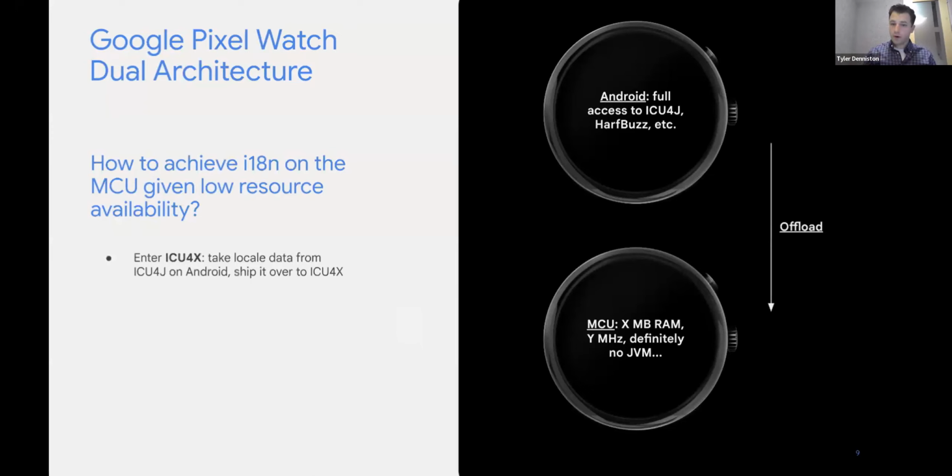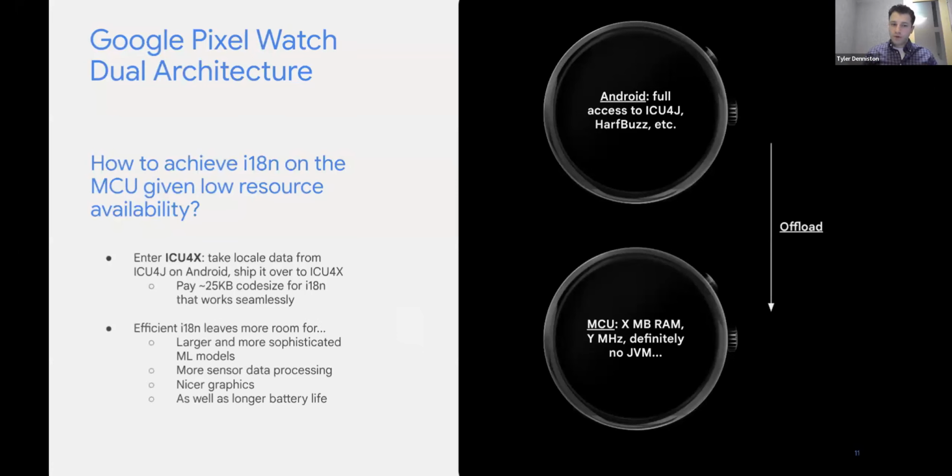And we ship it over a bus to the MCU, where we have ICU4X running. And just for a little bit of concrete numbers here, on the MCU I measured this week, we were paying about 25 kilobytes of code size for all of our internationalization needs. And this is using ICU4X, which works for us almost seamlessly.